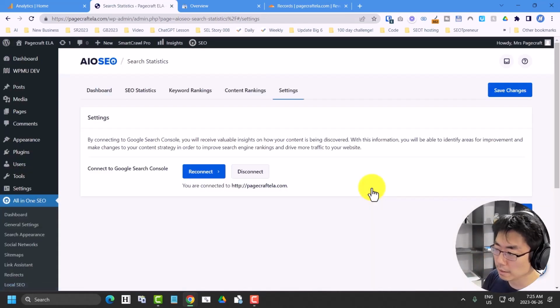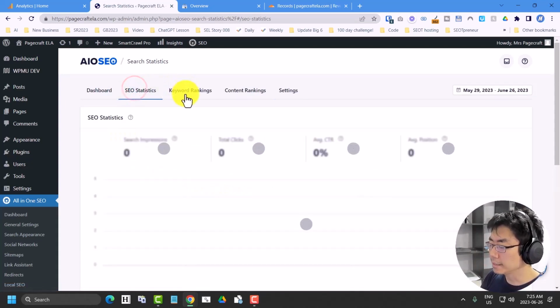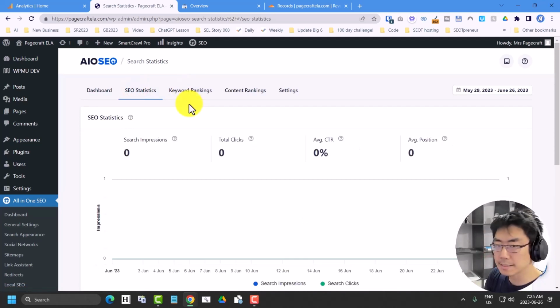Give it a second to think. And so now I'm connected and it's incredibly boring because there's no data. It only starts showing you data as of when you create the account. So even though there might be data from before, it's not going to show me that. All right, so I've set up that and now I want to set up